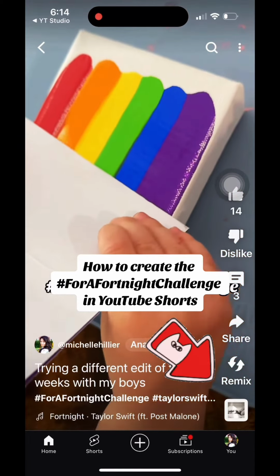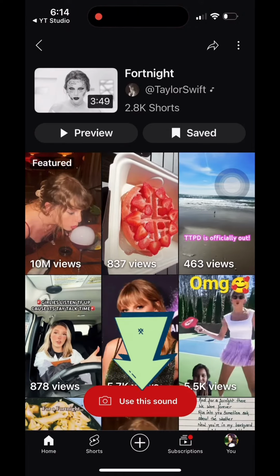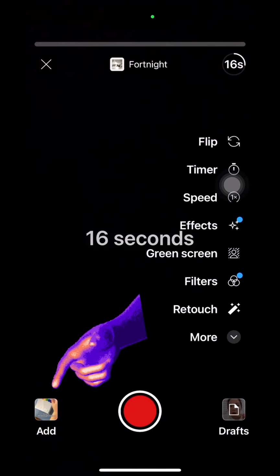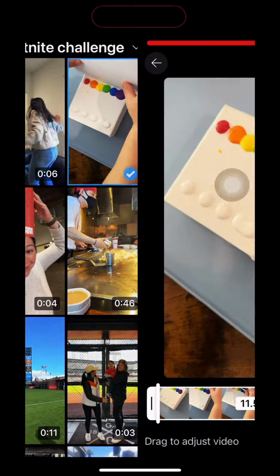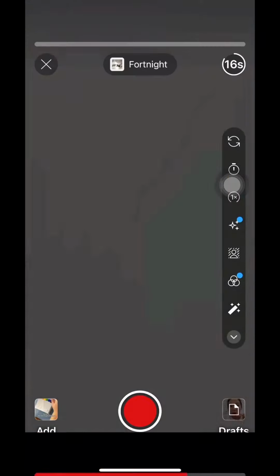This is how you're going to do the For a Fortnight challenge on YouTube Shorts. Start by choosing the music in the bottom right-hand corner and use this sound. Then you're going to add your clips from your phone. Add as many clips as you want, and you use your fingers to drag to shorten the video to whatever